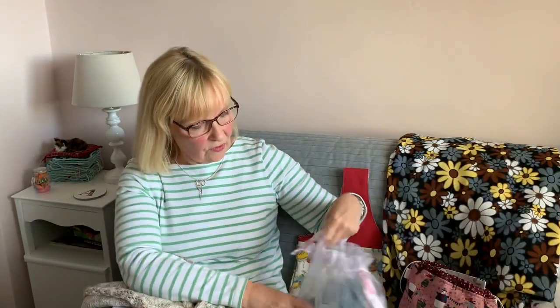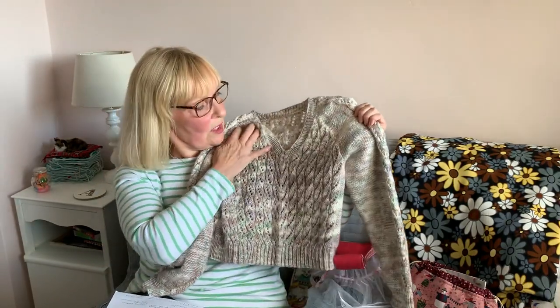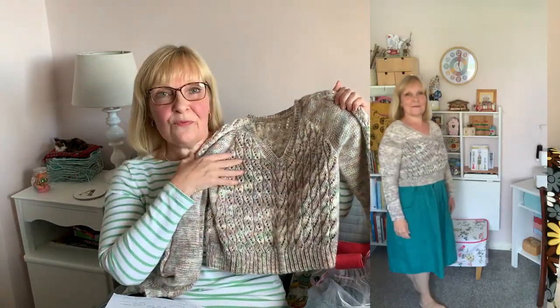Let's see. I've got a ball of it here. It is 100% organic Falklands merino. It's really nice and soft, and I shall put a video in now when I'm talking about it. So you've got a lace front and a lace back,